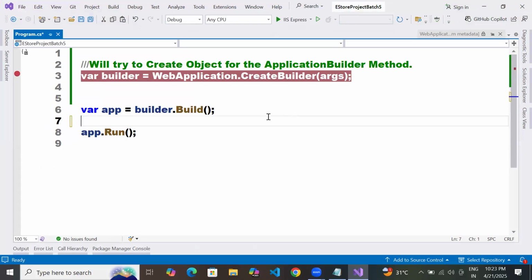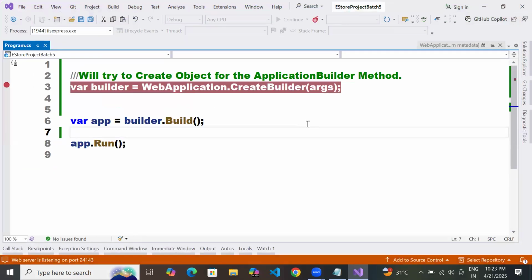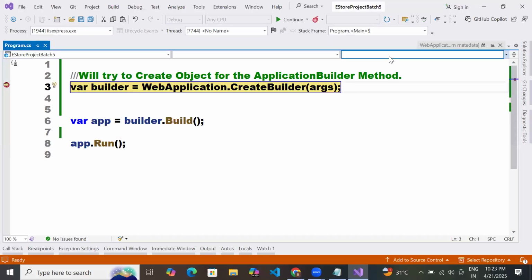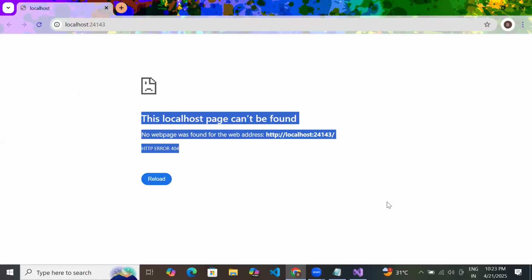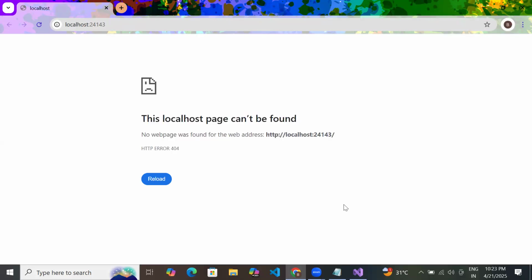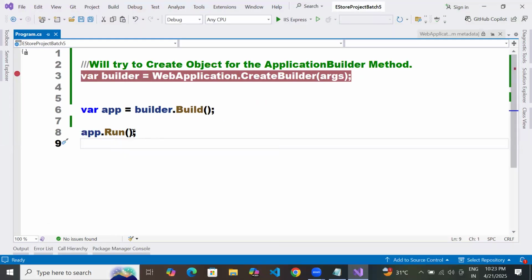Listen carefully. I'm removing this. I am saving. I am running. Now, if you continue, it will work, but you won't get any response. It says this localhost page can't be found. Why? Because it is not giving any response in the run method. So to do that, what you need to do here